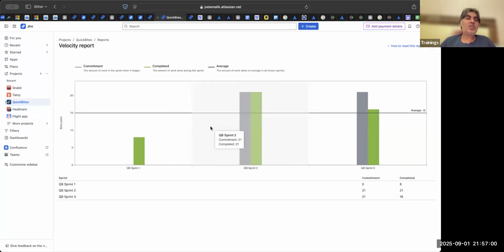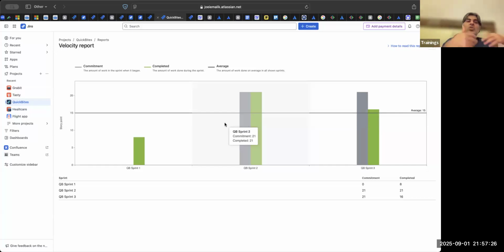Based on this average, you can find out how many points of work you can pick up in your next sprint. Typically there is something called relative velocity. What is that? Let us say I am in the 10th sprint. What is my velocity in the previous 3 to 4 sprints? I will not take the entire 10 sprints because a lot of things would have changed. The team would have matured.